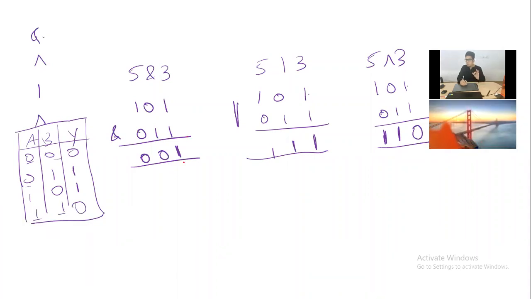So the number always starts from 1, and you have to keep on doubling it: 1, 2, 4. Here also let me do the same: 1, 2, 4, and here also 1, 2, 4. Then what you have to do is